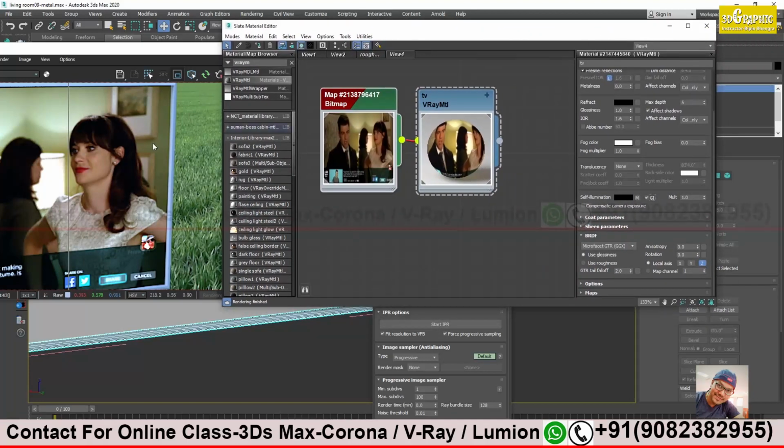Now if you want to increase the glow effect, there is a multiplier value. By default I have 1. I can increase it to 5. I'm taking it to the extreme. See, it's starting to burn. The white areas over here, you see the cheeks over here, it's burning. So I will reduce it. I will not go to that extent. Maybe 2 or maybe 3. You see, it looks like there's more light over here in the TV screen.